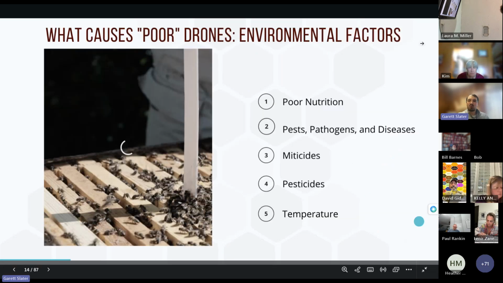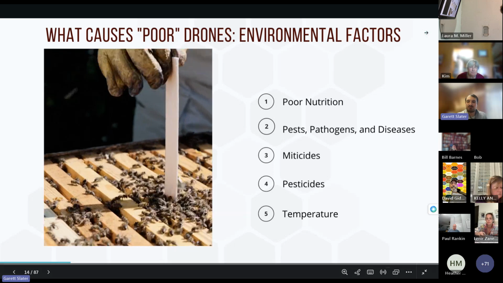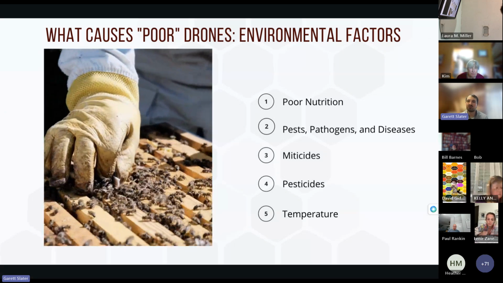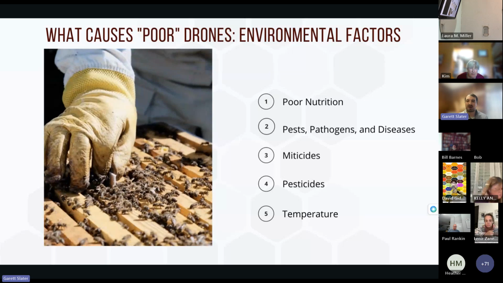So what can cause poor drones? And this can be the same with queens. So what causes poor queens and poor drones? Number one is environmental factors. So, poor nutrition. Colonies require good nutrition, whether that's pollen or nectar, to sustain making drones and producing high